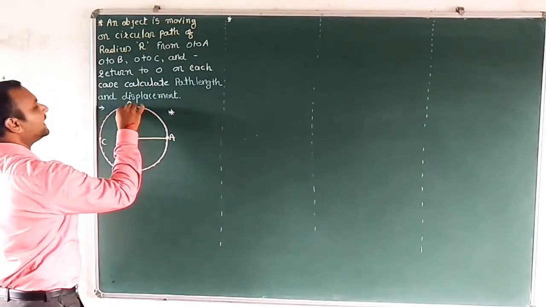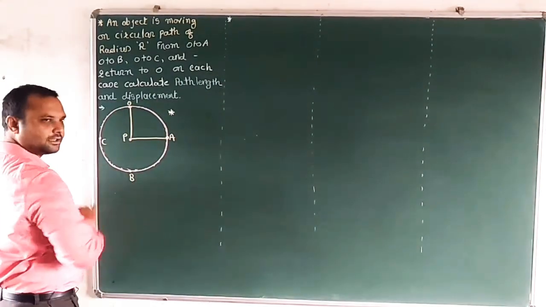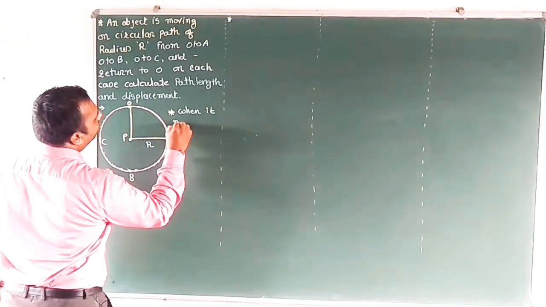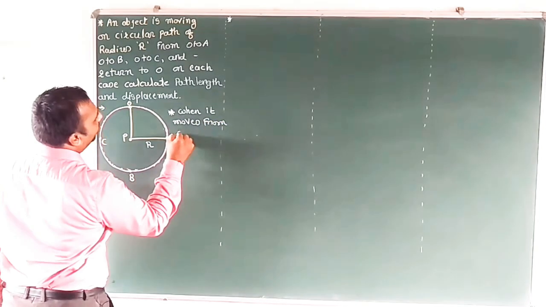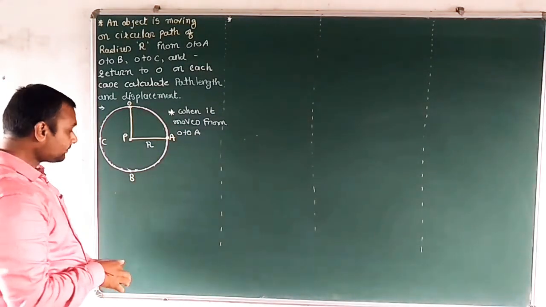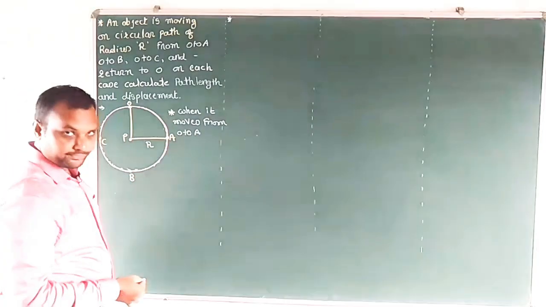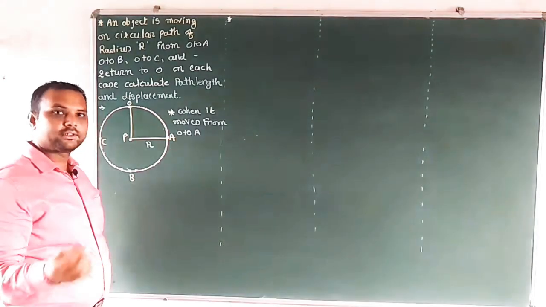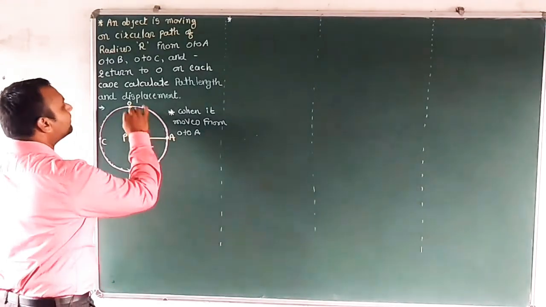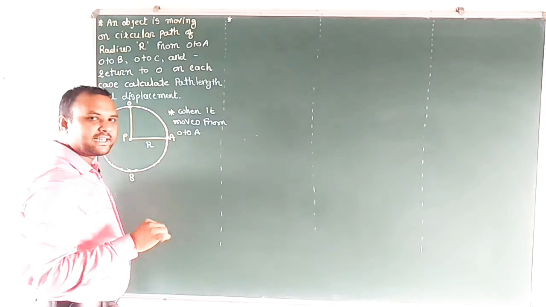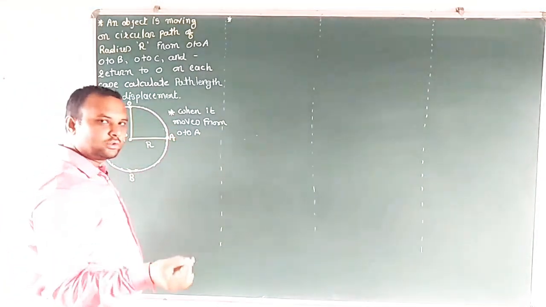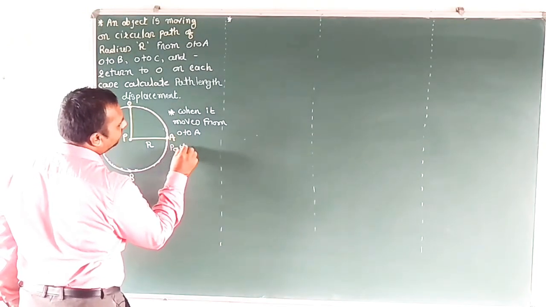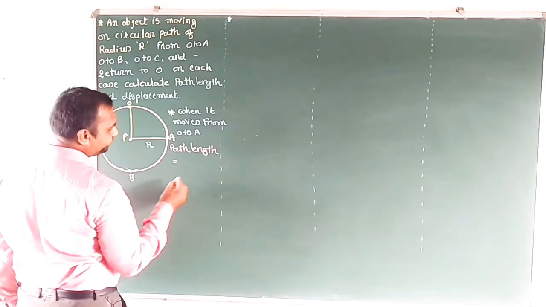So the object is moving from O to A in a circular path of radius r. How much of the path length did it cover? If it covers the complete circle, then the path length equals 2 pi r, the circumference of the circle, as we know. From that 2 pi r, O to A is equivalent to 1/4 part of 2 pi r. So path length equals 2 pi r